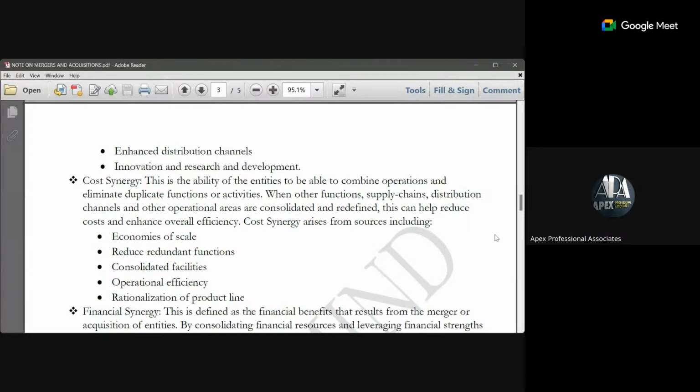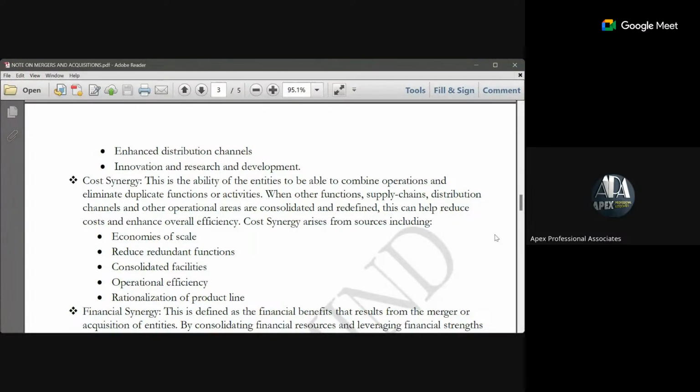function. So that is one of the ways by which cost synergy can arise. Because when they are able to meet up with deadlines, they may not have to incur the likely cost that might arise as a result of not meeting up with deadline. It could be legal costs. It could be other operational expenses that businesses might need to incur as a result of the delay in the responses. So all of these things are ways by which cost can be reduced within the confine